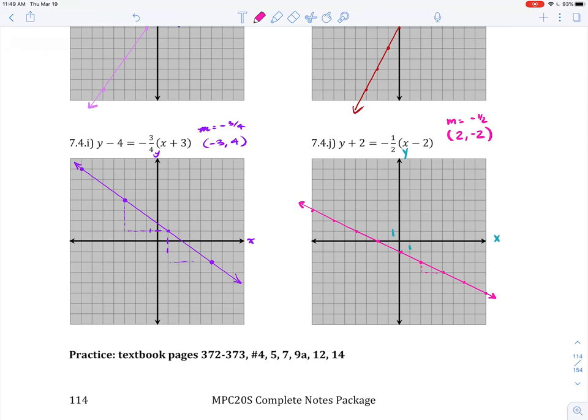Yeah, I enjoyed that. All right, that concludes our 7.4. Is that what this was? Mm-hmm. Yeah, 7.4. So in the textbook, if you could take a peek at this stuff and give her a go, that would probably